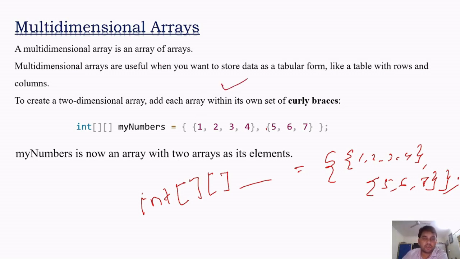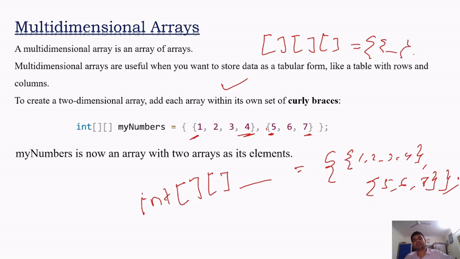Multi-dimensional arrays are useful when you want to store data as a tabular form, like a table with rows and columns. To create a multi-dimensional array, add each array within its own set of curly braces. So these are curly braces. So अगर तुम्हें multiple, इसे हम 3 arrays भी कर सकते हैं, यहाँ पे 3 देके इक्वल टू कर्ली ब्रैकेट स्टार्ट, कर्ली ब्रैकेट डेटा कॉमा, कर्ली ब्रैकेट डेटा कॉमा, कर्ली ब्रैकेट क्लोज सेमीकोलन।